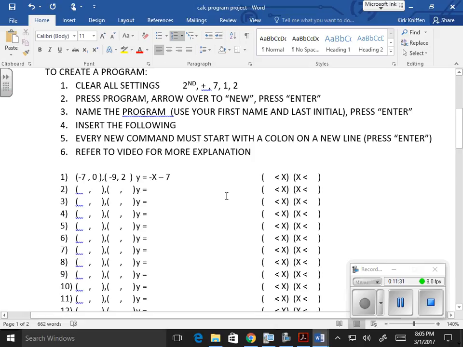And then for the x values we put the smaller of the two x values, which is actually negative 9, and then the bigger of the two x values, which would be negative 7, right there. And then once we want to actually program that,